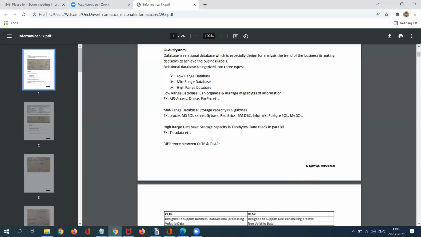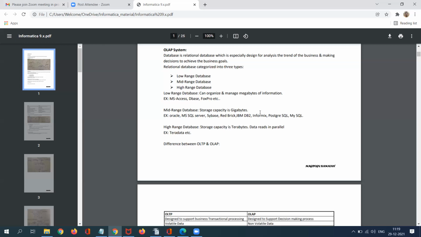What are all the things in which we are in a lagging position, and how to improve our business? Those parameters will help the high-level people to improve.